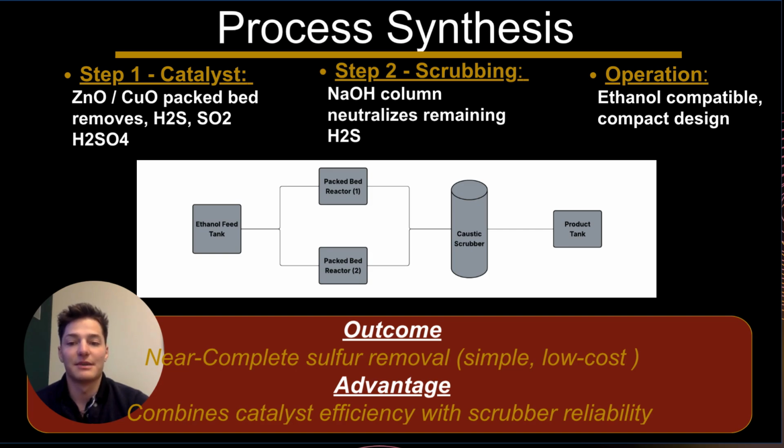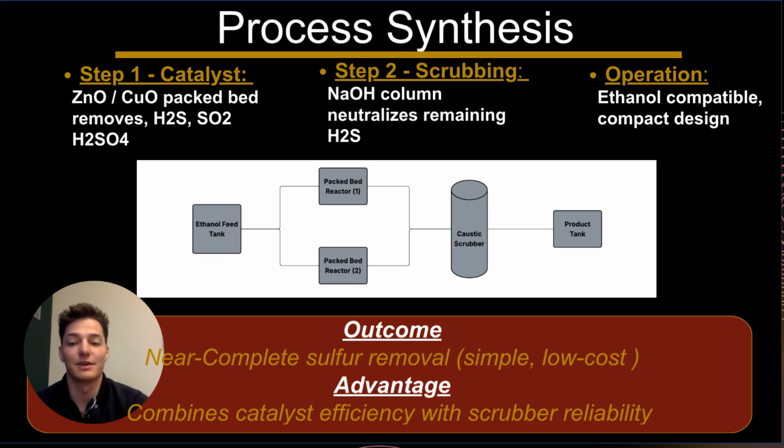We use 2 reactors in parallel so one can operate while the other is regenerating, allowing for continuous operation. After that, the stream moves into a caustic scrubber. Here, a sodium hydroxide solution neutralizes any remaining sulfur species, essentially polishing the stream to meet our final sulfur specifications. Finally, the treated ethanol goes to the product tank. Overall, this system achieves near complete sulfur removal while staying compact and ethanol compatible. The key advantage is that we combine the high efficiency of catalytic removal with the reliability of a scrubber to